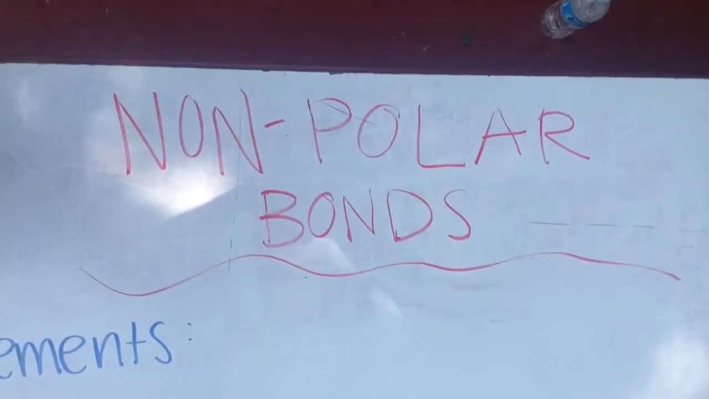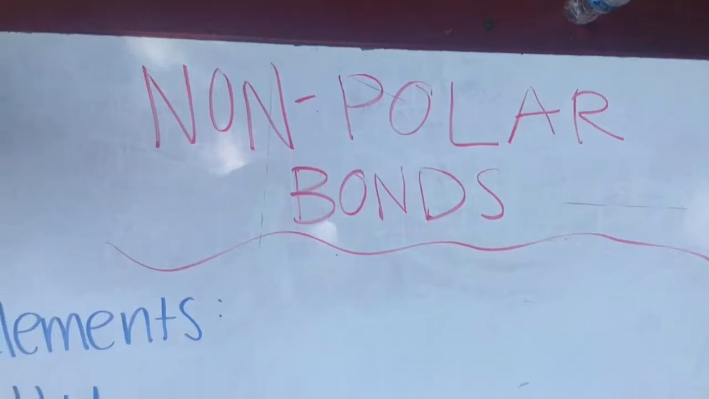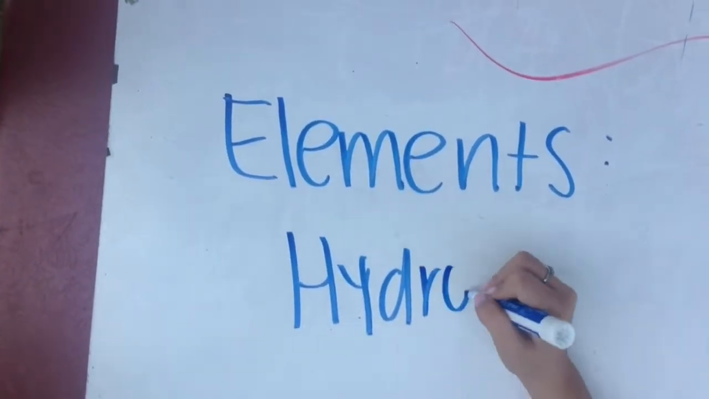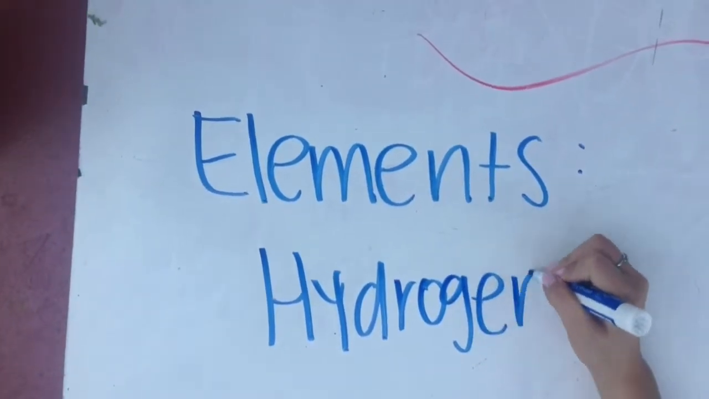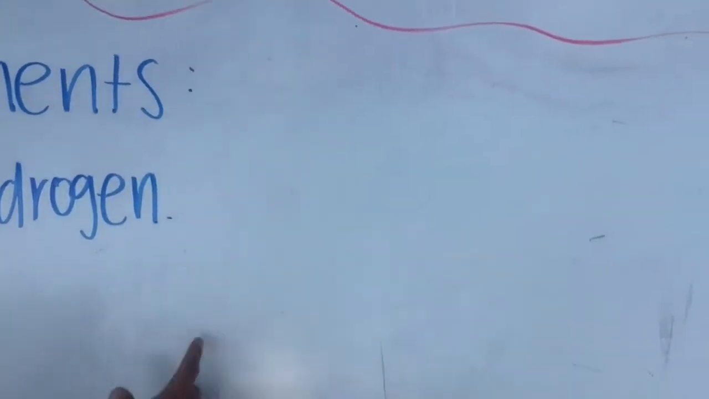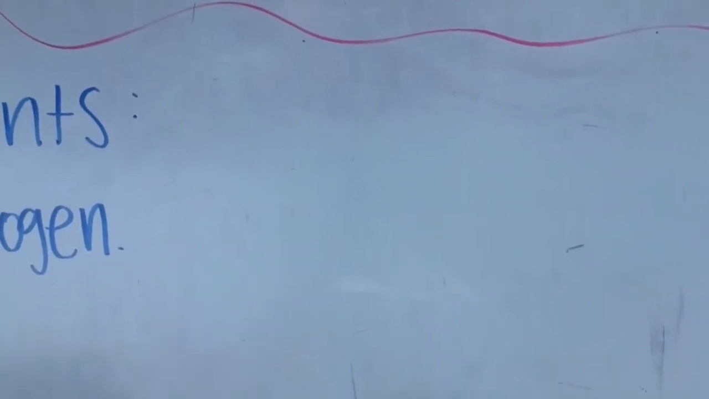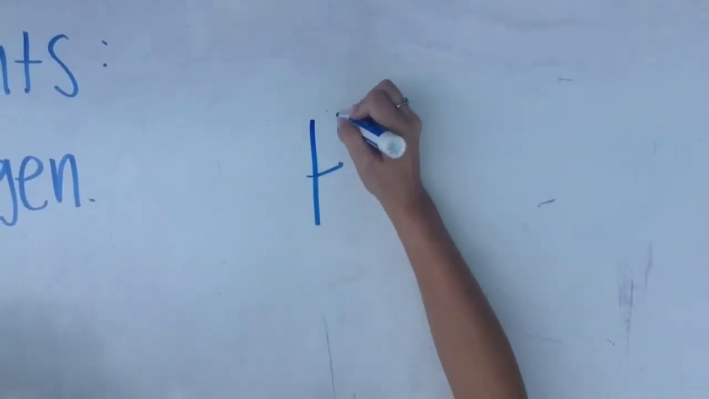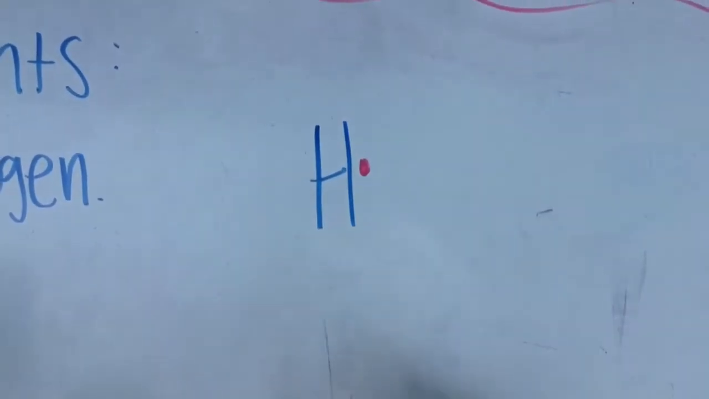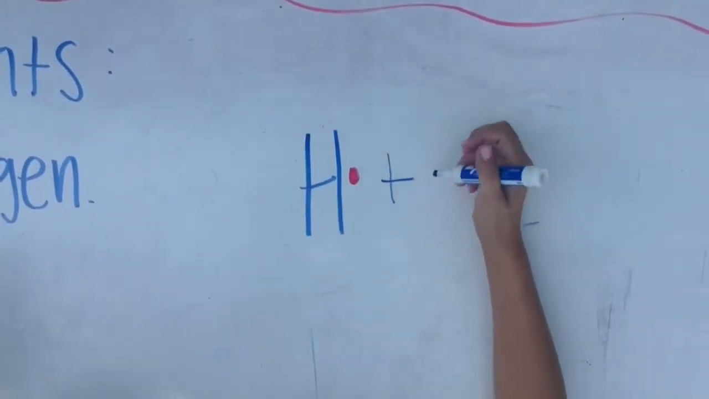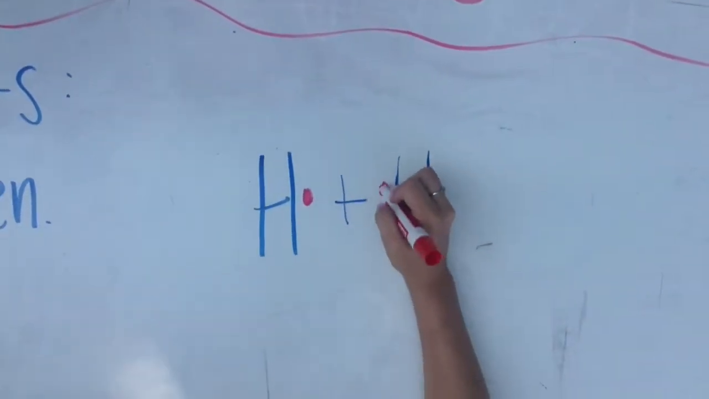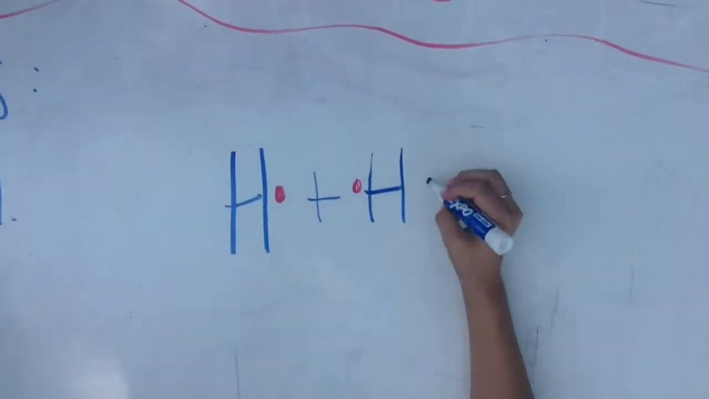Now we'll be learning about non-polar bonds. The element that we will be using for this example is hydrogen. Hydrogen only has 1 valence electron. So we're going to add those together. There's the 1 electron, plus hydrogen again with 1 electron. And if you add them together,